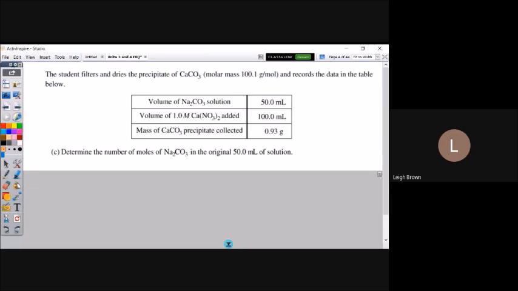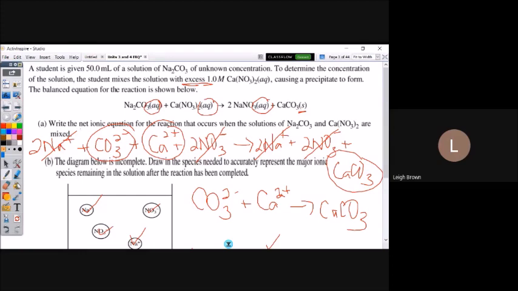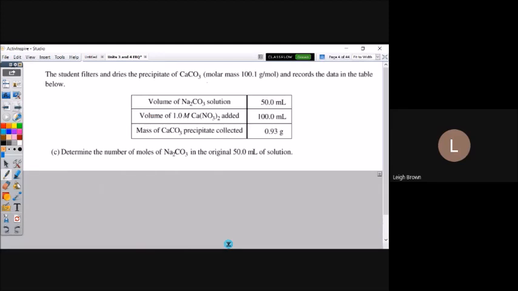Well, if we have grams of a precipitate, our first step should be to change those to moles. Very, very common. So grams to moles. But notice, that's calcium carbonate. This is another place students make mistakes. They change grams to moles, but then that's not the answer. I need sodium carbonate. So to get sodium carbonate, I've got to do a mole to mole ratio. If I go back to my reaction, oh wow, it is 1 to 1. Do I need to write that? Definitely. Let's scroll down and see how you would set this up.